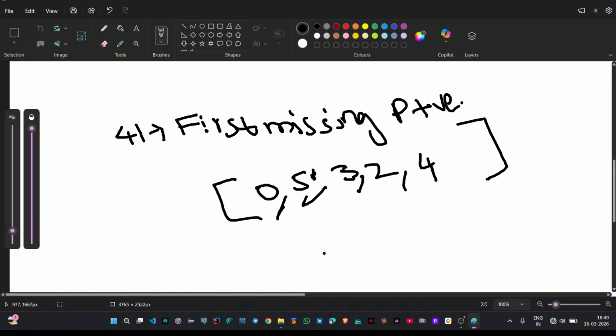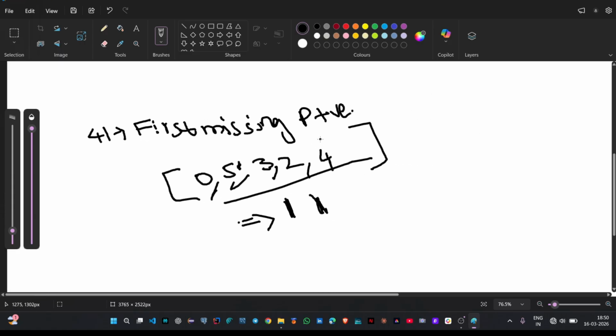Then we need to find which positive number is missing, which is the first missing positive. So in this, the first missing positive is 1. 1 is the first missing positive in this. So how can we do this